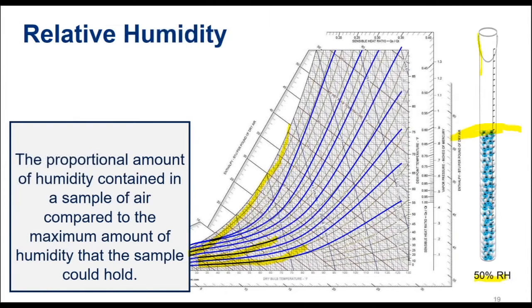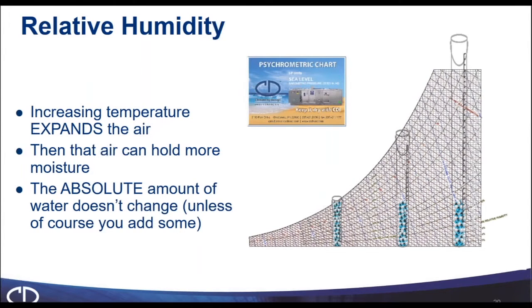Let's look at it another way on this chart. What we're trying to communicate is that when we take a bucket of air, a CFM if you will, a cubic foot, 12 inches by 12 inches by 12 inches, and when we increase the temperature, we're going to expand that. So the far left condition is 45 degrees saturated, 45 degrees at 100% relative humidity, if you will. So if we take that bucket of air and we warm it up, moving it to the right, now we're not changing the moisture condition, we're just warming up the air.